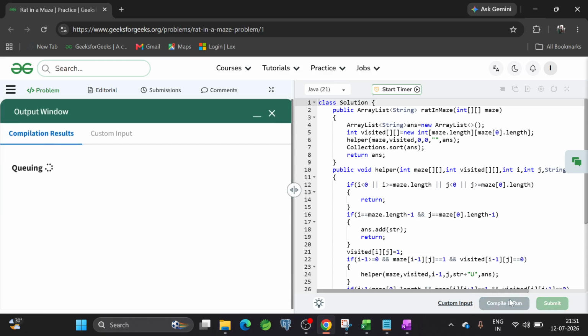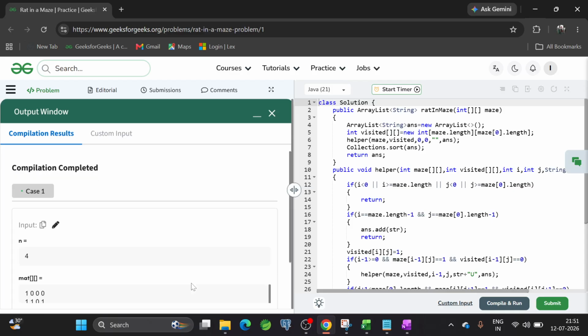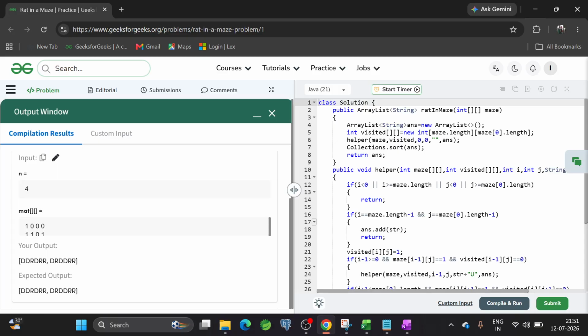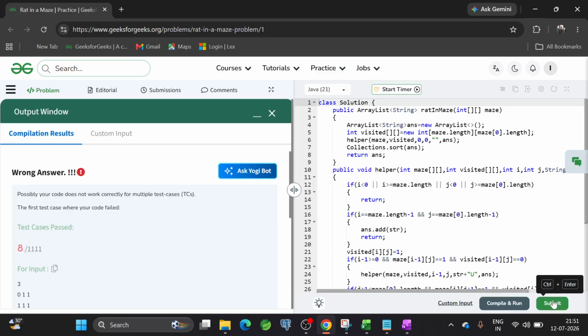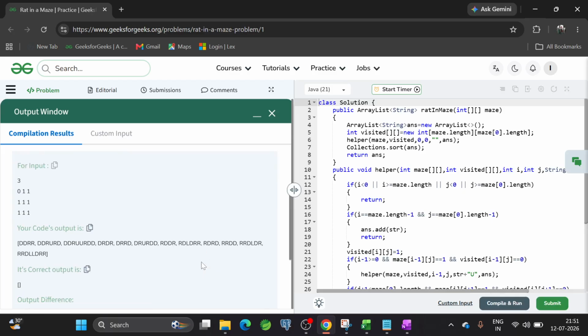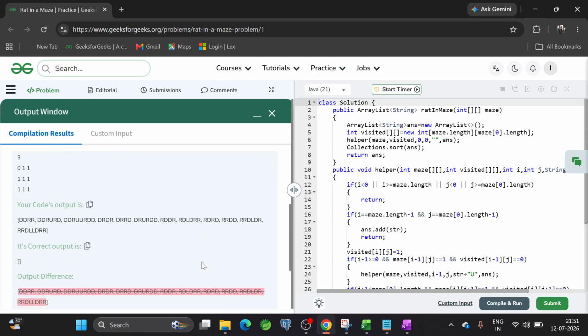First I will compile and run it. Yes, we got the expected output. Now I am going to submit the code. Okay, here what happened? Yeah, here we got a 0 at the starting. In that case, we have to return